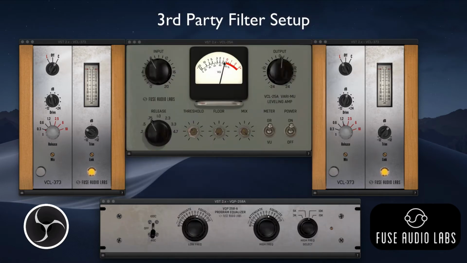So let me pull that one out of the way again and show you left to right what we're actually doing. On the left here, I have the VCL 373, which is just catching the peaks. It's set in compression mode. What I want that to do is grab any peaks that are very quick. In music, it typically won't do that, but